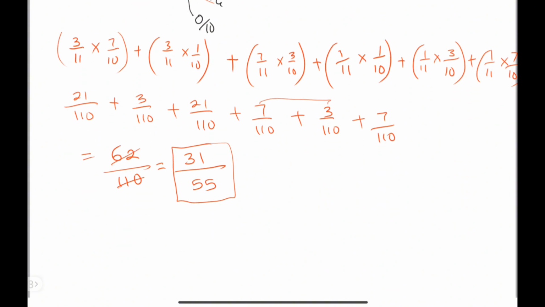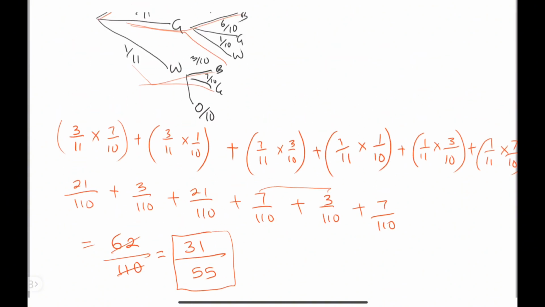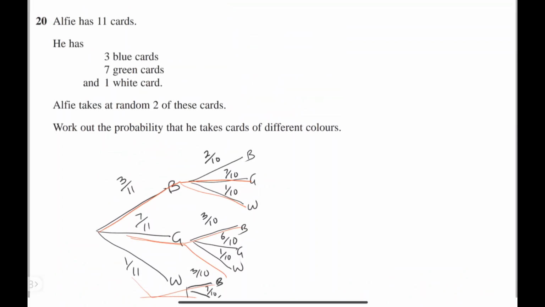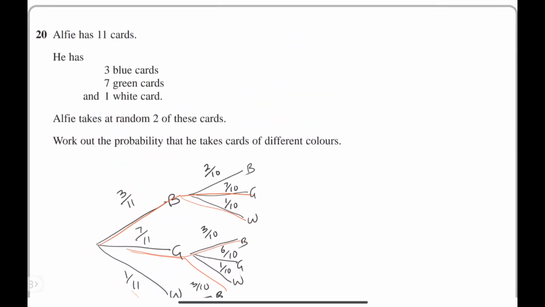The second method to solve this same problem would be, now I think the second method should be easier, since what we are looking for is different colors. So what we have to do is to find the probability of same color and minus it from 1, because probability always add up to 1. So probability of same color, that would be selecting blue both times, so that will be 3 over 11 times 2 over 10. Then plus probability of selecting green both times, 7 over 11 times 6 out of 10, plus